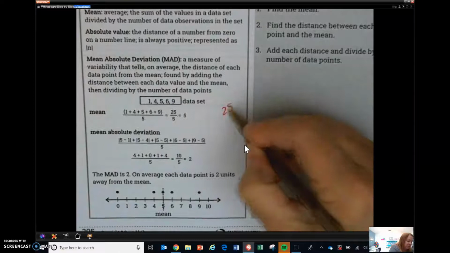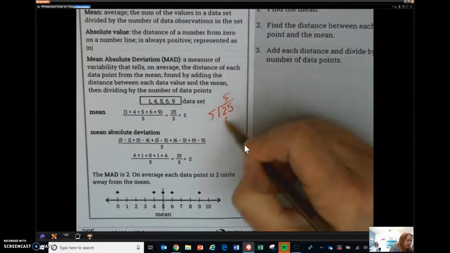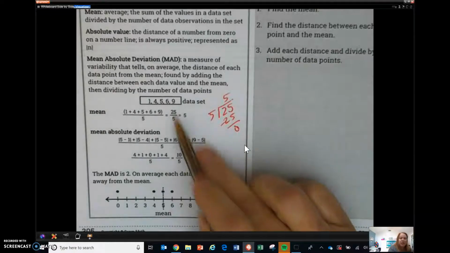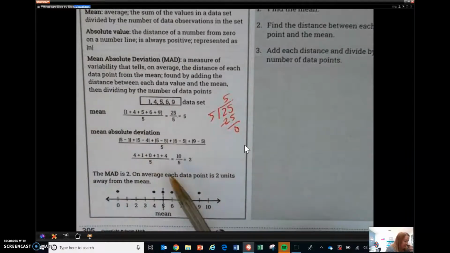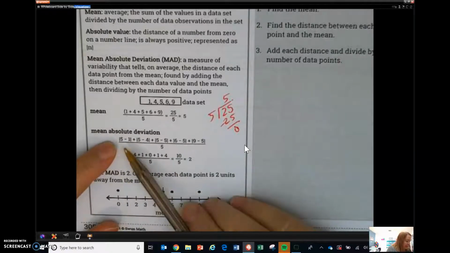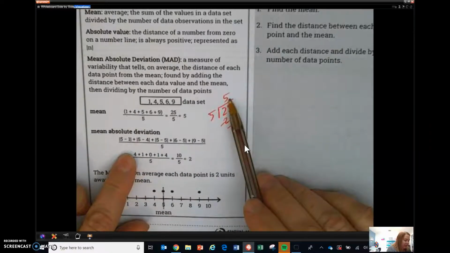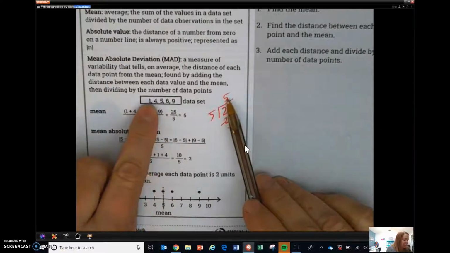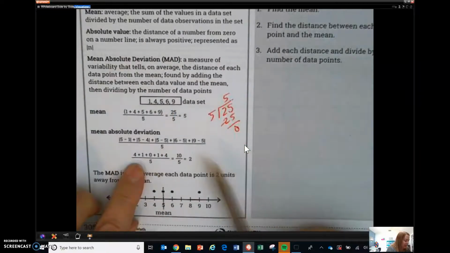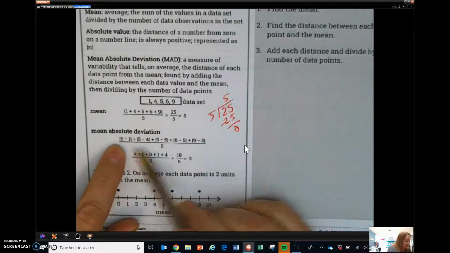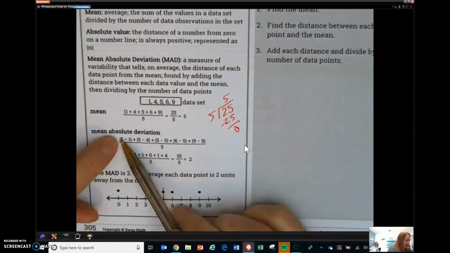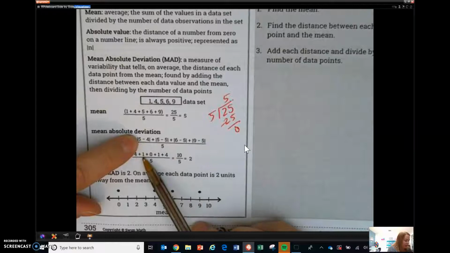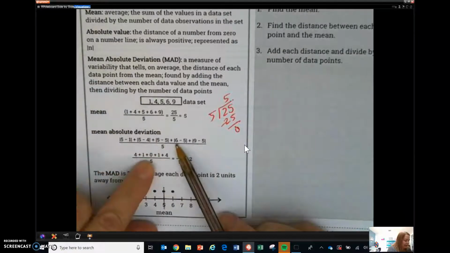That's just like doing this, guys. When you have a fraction like that, that is also a division problem, which we know. So then, for mean absolute deviation, what we're doing next is, 5 is the mean, so we're going to subtract: 5 minus 1, 5 minus 4, 5 minus 5, 5 minus 6. So 5 minus 1 is 4, 5 minus 4 is 1, 5 minus 5 is 0, 6 minus 5, we're